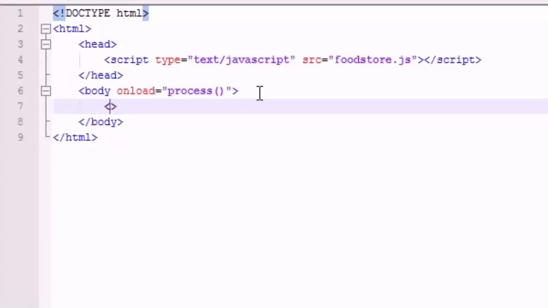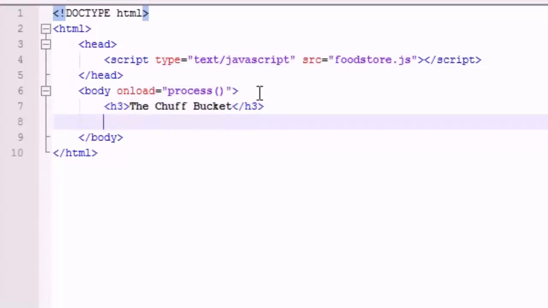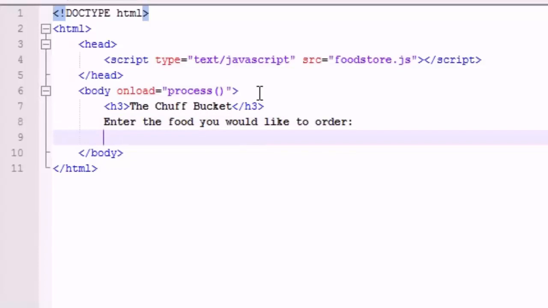Now let's get to the good web design part. Heading 3, go ahead and put the title of your store. Mine is named the Chuff Bucket. Very appealing title. I just want to eat food whenever I think of chuffing. Next, go ahead and give the user a prompt: Enter the food you would like to, we'll say order instead of buy. And now, of course, if we gave them a prompt, we want to give them a little input box to enter that. So the type is just text, and the ID,